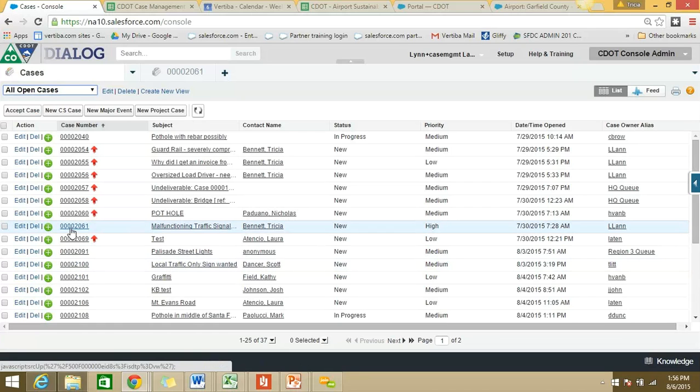So your All Open Cases drop-down list allows you to view anything that's open that you own and anything that's open that has been shared with you. So that's an important list view for you to consider. So back to